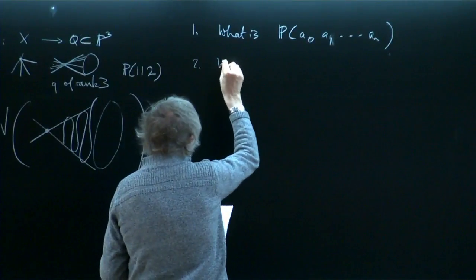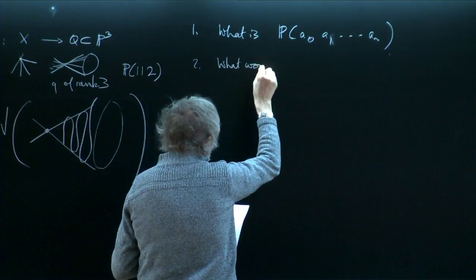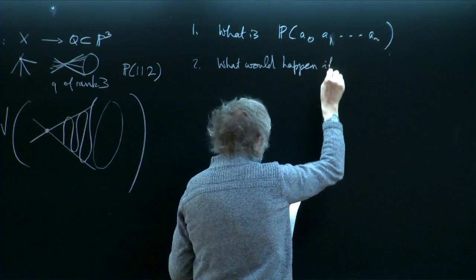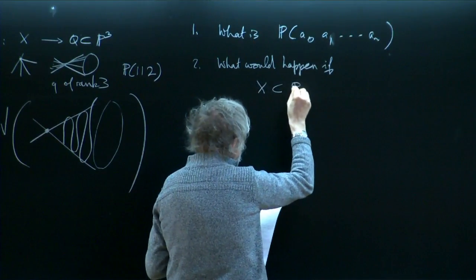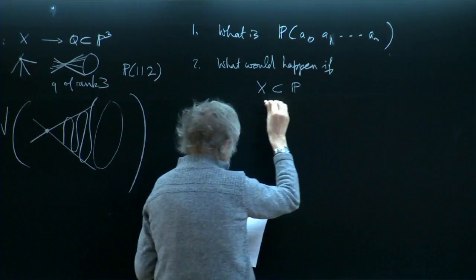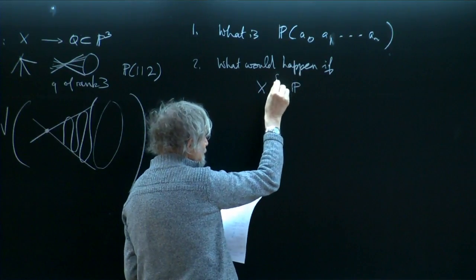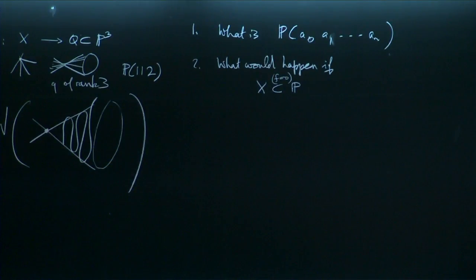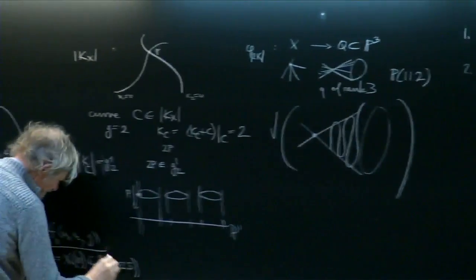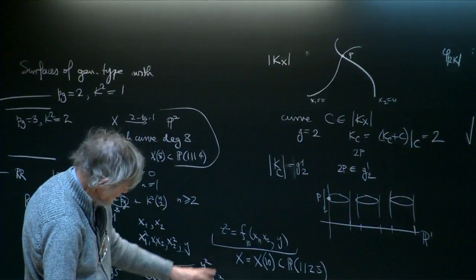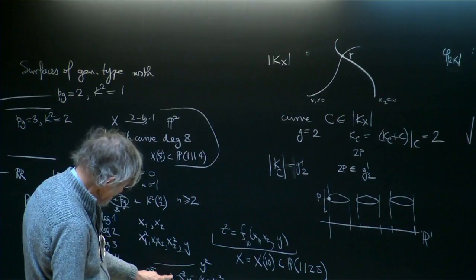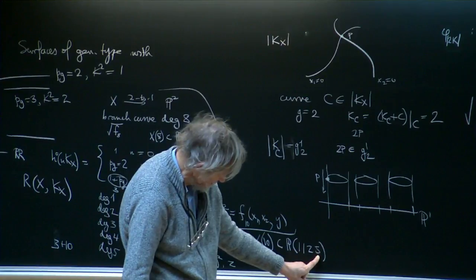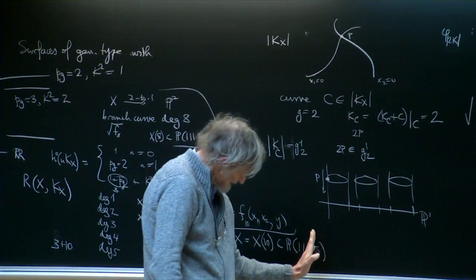So what would happen if X in P, if this is a hypersurface, for example, this might be f equals 0. In this case, this is a hypersurface of degree 10 given by this equation. The good thing about this equation is that I've got z squared, and that means that it doesn't pass through this point. Yes, the hypersurface, this thing,